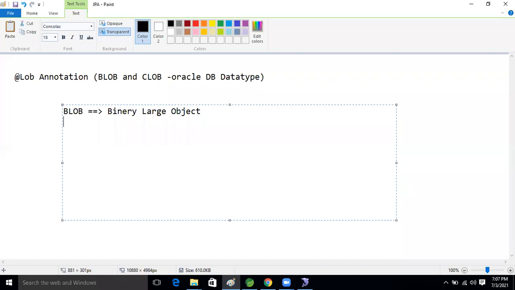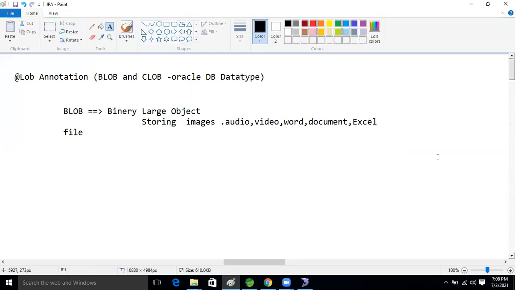It is used for storing images, audio, video, Word documents, or Excel files. Files, okay. So now that is Blob.